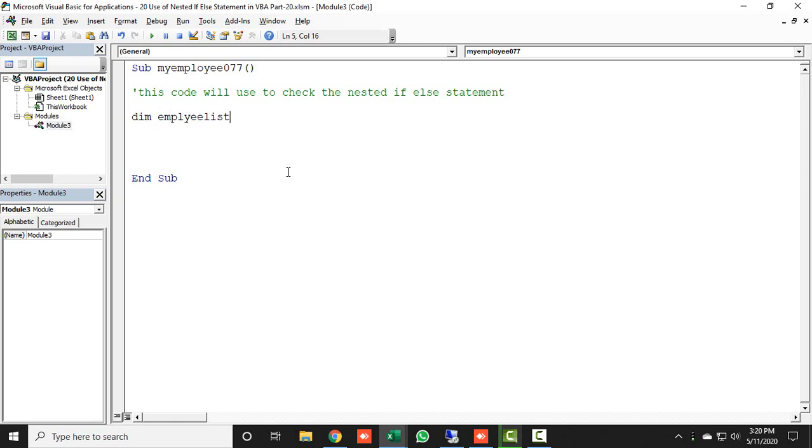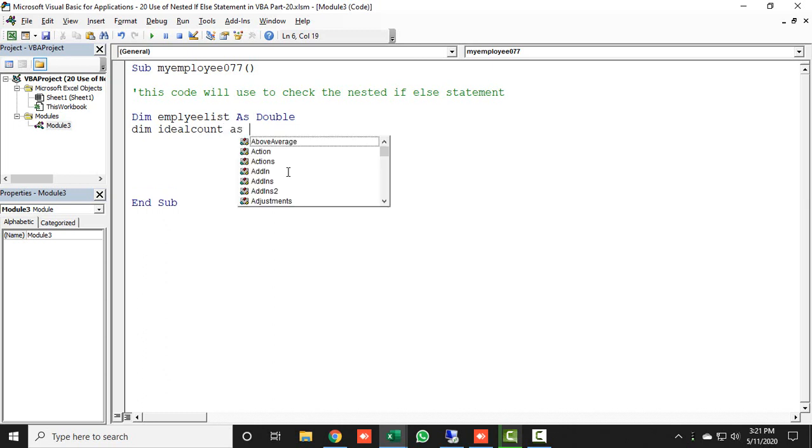Any Dim variable name you can put over here, as Double, sorry, as String. The second Dim name would be ideal count, that would be Double. Make sure employee list is a string, that's why we need to take the data type as string.